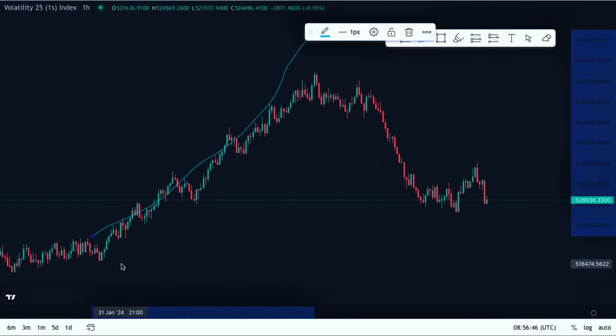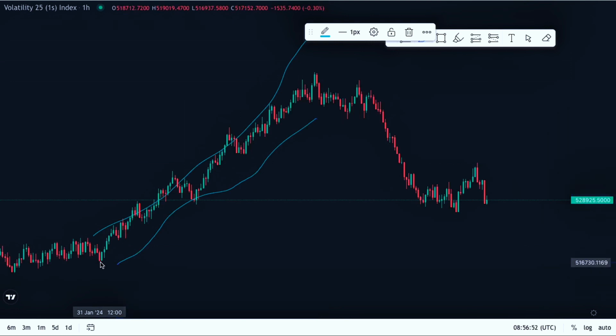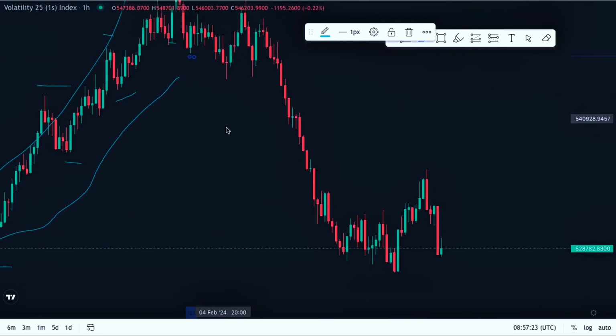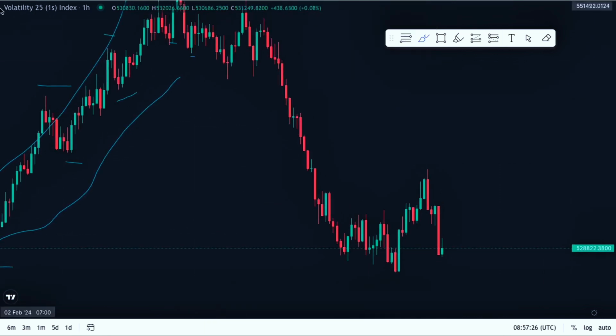Why are we saying it's in an uptrend? It's because it was making a series of higher highs like this one, and a higher low, higher high, higher low, higher high, higher low, higher high, higher low, higher high, higher low, higher high, higher low, higher high, until this time when it created a lower low instead of a higher low. And then when we noticed this, we said we will be looking for an opportunity to enter the market